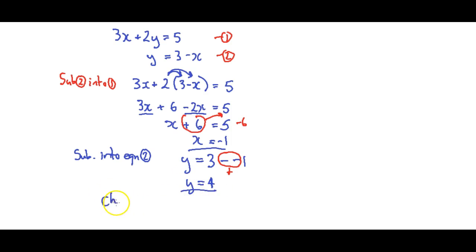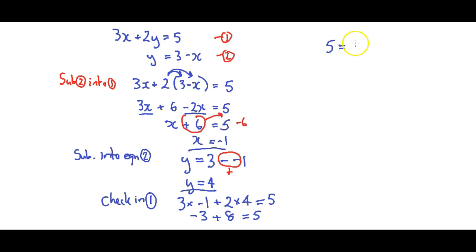Now I can check using the equation I didn't use. So I'm going to check in equation 1. And equation 1 gives me 3 times x, which I believe is -1, plus 2 times y, which I believe is 4, is equal to 5. And I've got to do the multipliers first using BIDMAS. 3 times -1 is -3, 2 times 4 is 8, and -3 plus 8 is 5, and 5 equals 5,